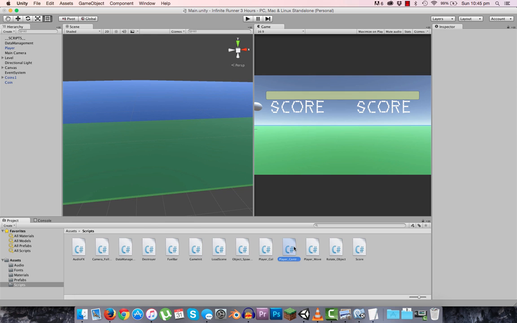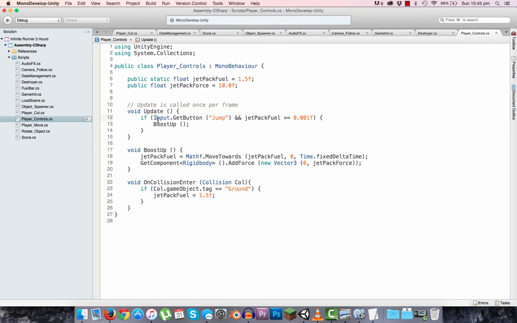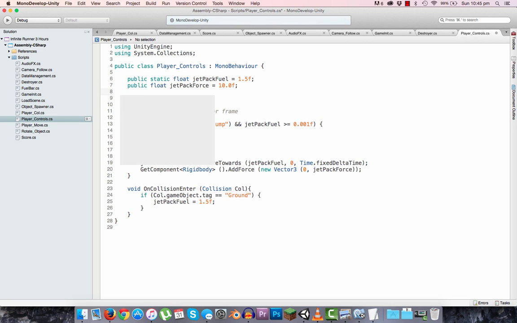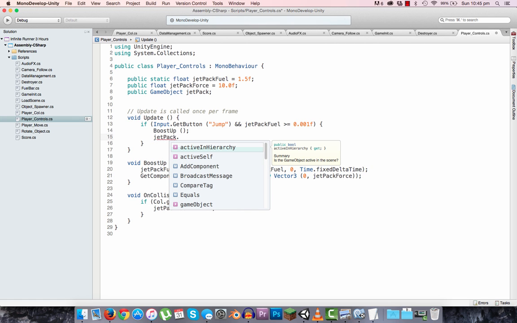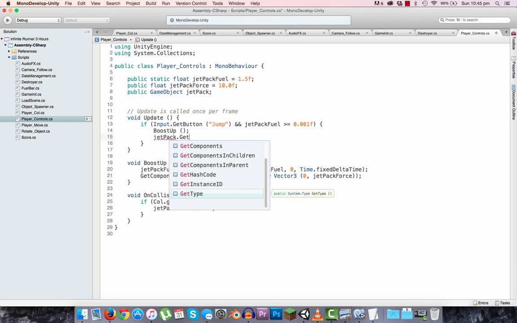Okay, so to do that, let's go into the player control script, and in our boost up here, we want to do a couple more things. Let's create a public game object, jetpack. Cool, and then we basically want to say jetpack dot get component